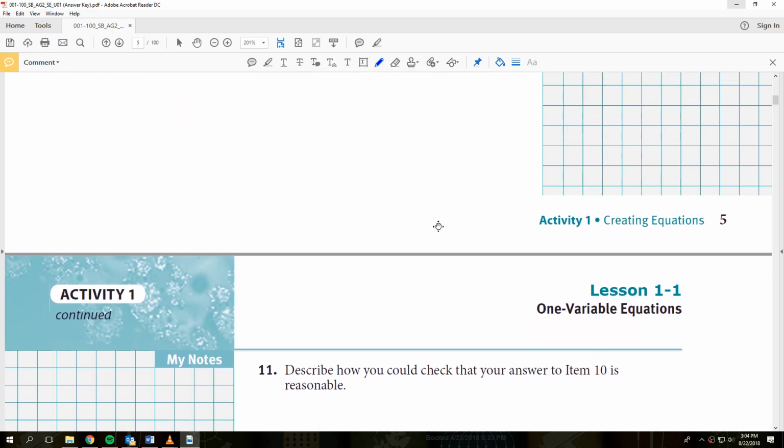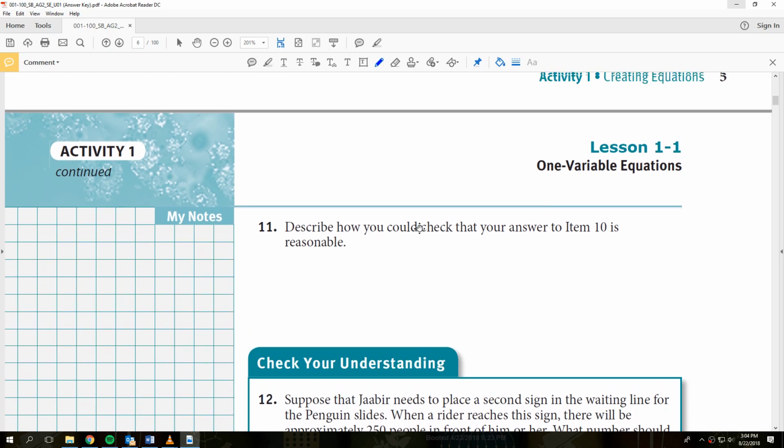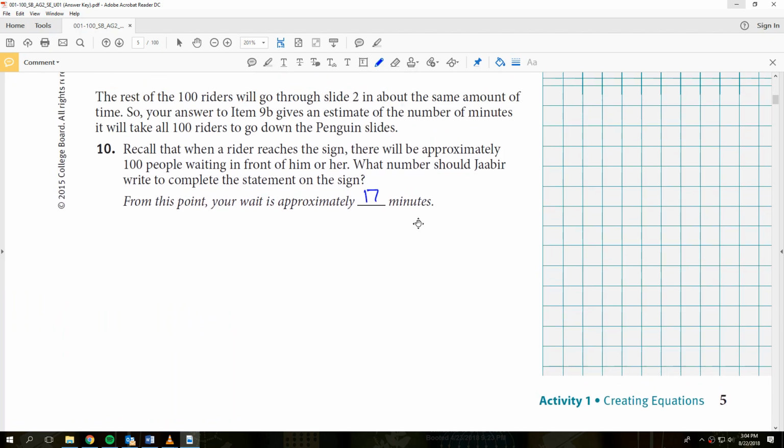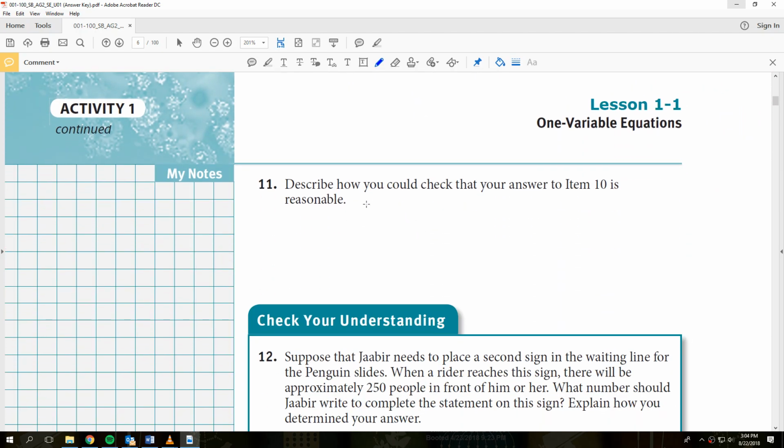Okay, and I think this is the last one here. Yes, it is. Describe how you could check your answer to item 10 and or check that your answer in item 10 is reasonable. Well, let's see here. For 10, we got 17 minutes. I guess we could plug it into our equation. That would be probably the best way to go there. So plug into equation,